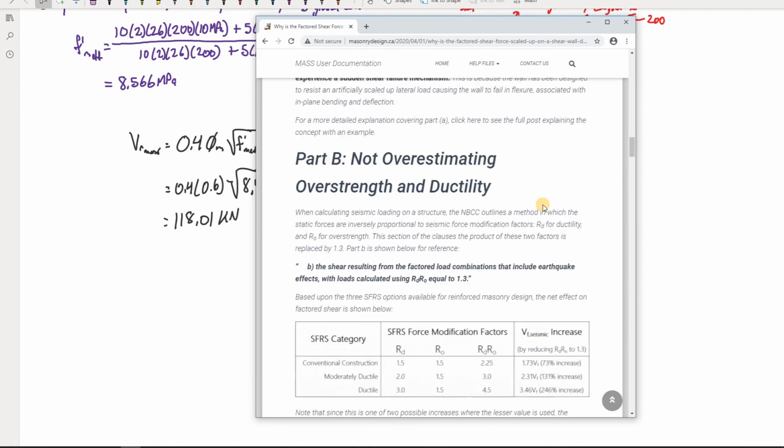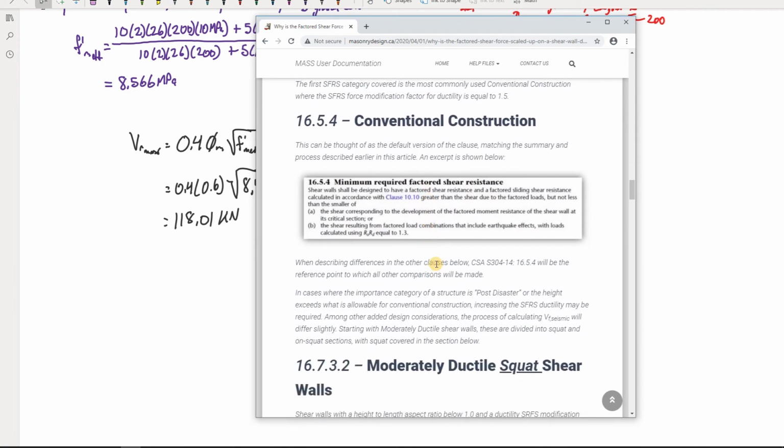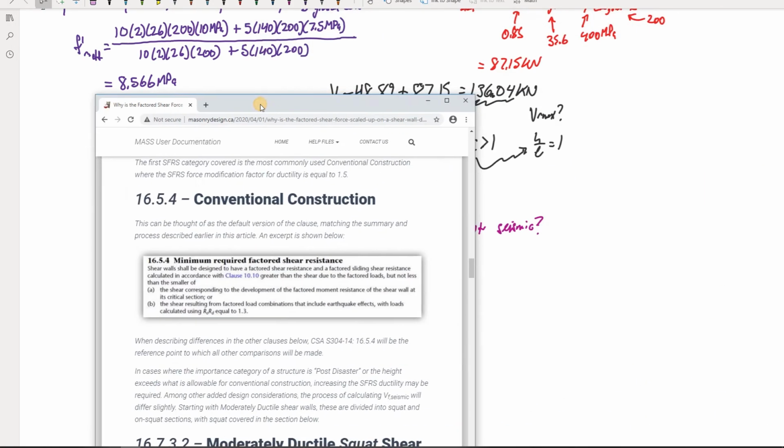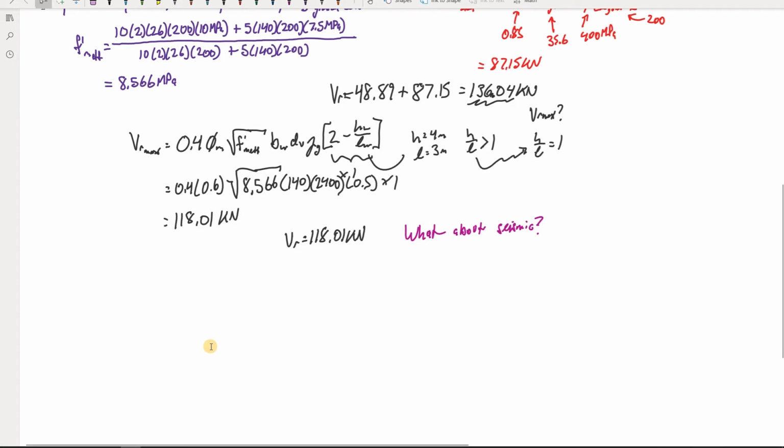So if I go all the way down, I'm going to look at the conventional construction. Here's the clause itself. But basically, we have two parts, part A and part B. I'm not going to really dive into them. I'm just going to quickly show you how it works for this example. So I'm just going to move it off to the side here. So in this case, what about seismic? I'm going to check these two limits. So basically, there are two different parts. I'll start with